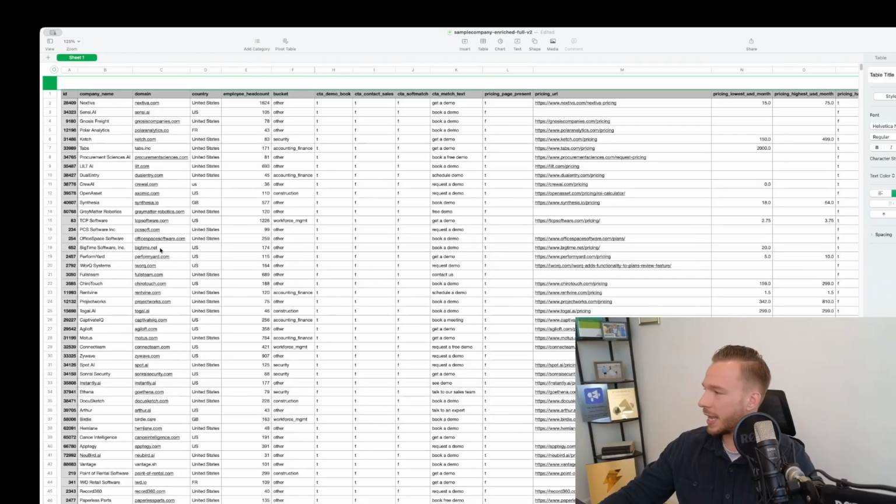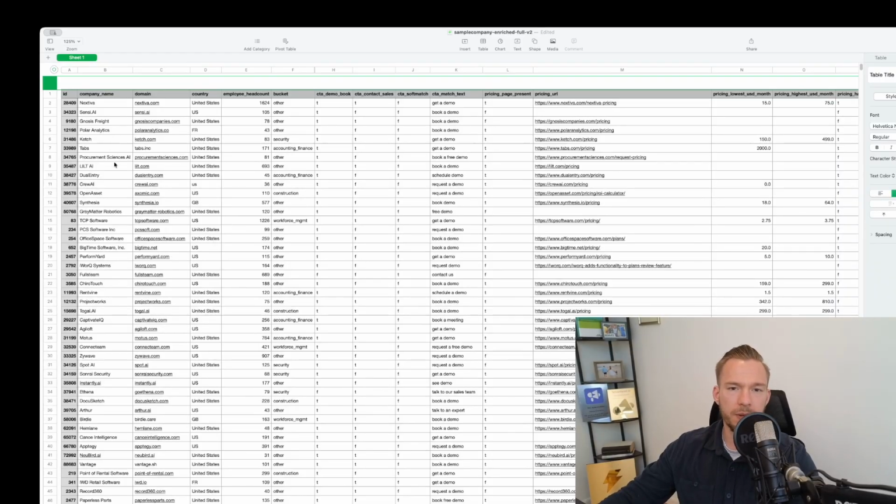We scored them for ICP fit. We got a lot of data, including their pricing, what kind of demos they're running, and whether they're hiring for people that mention demo in their job opening, and things like that. Just lots and lots of really rich data. And hopefully, if that didn't entice you enough, this is the file that we were ultimately able to